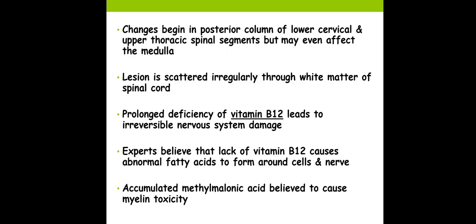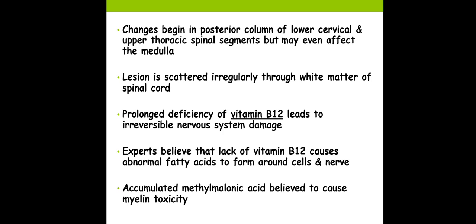Changes begin in the posterior column of the lower cervical and upper thoracic spinal segments. So it primarily affects the lower cervical and upper thoracic spinal cord, but may even affect the medulla of the brain. Lesions are scattered irregularly through the white matter of the spinal cord. Prolonged deficiency of vitamin B12 leads to irreversible nervous system damage, right? So in patients with chronic vitamin B12 deficiency, there will be some sort of nervous system damage which is